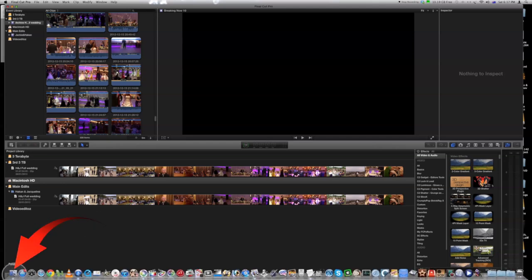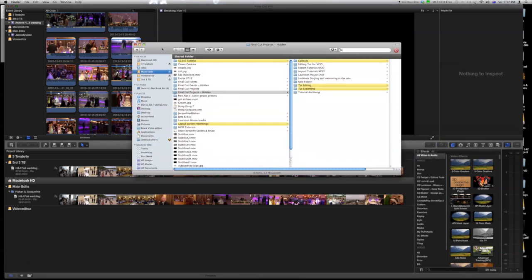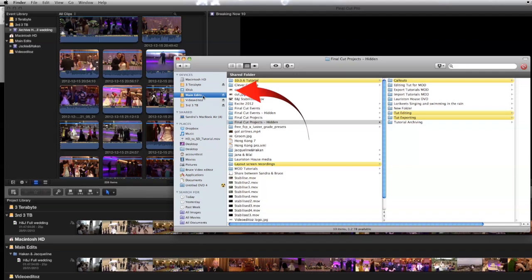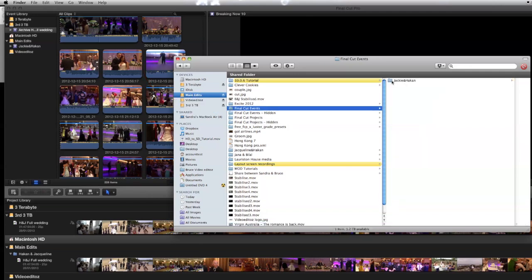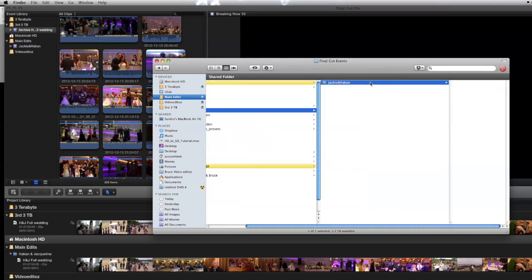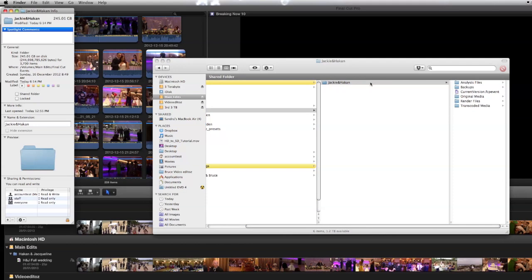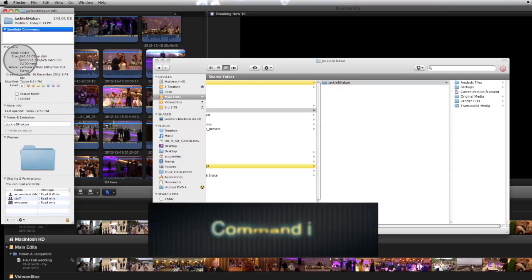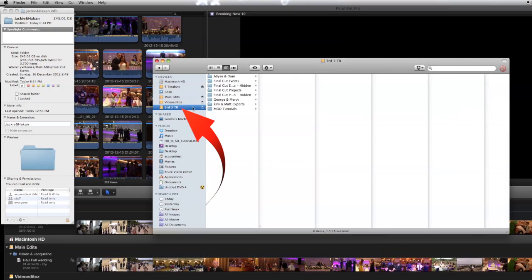So we'll go to the Finder here, and we're looking for the main edit hard disk, and we're looking for the Final Cut events on that hard disk, and there they are there. This is the folder that is the original on the editing hard disk. And in the events folder, if we do a check on that, we will see that the size of that is 245 gigabytes. If we now go to the archive hard disk and look in the events folder, there's the